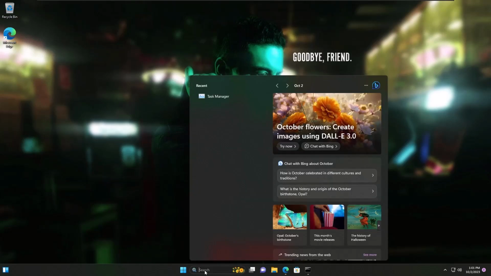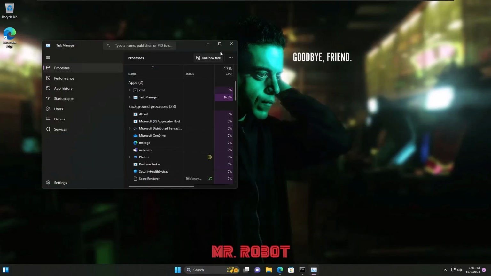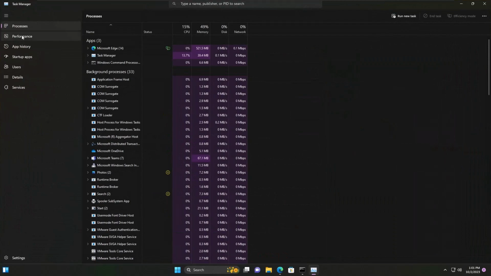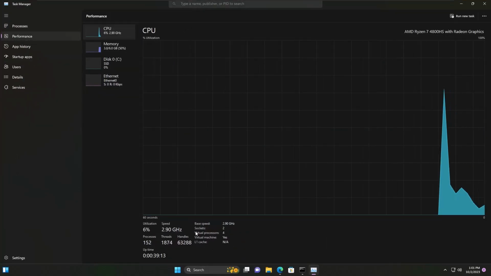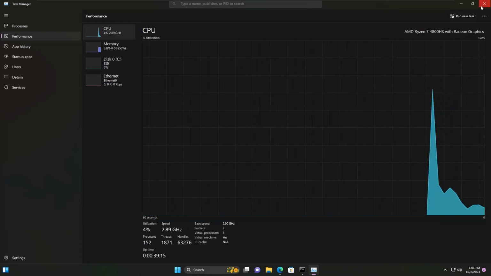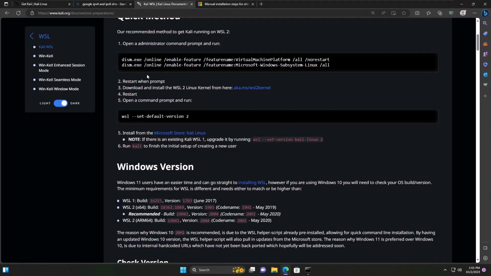First thing is to search for Task Manager and maximize it. Go to Performance and you will see there is no virtualization enabled, right? So to do that, first, this is WSL. The first thing is enabling the system for virtualization. So we just copy it